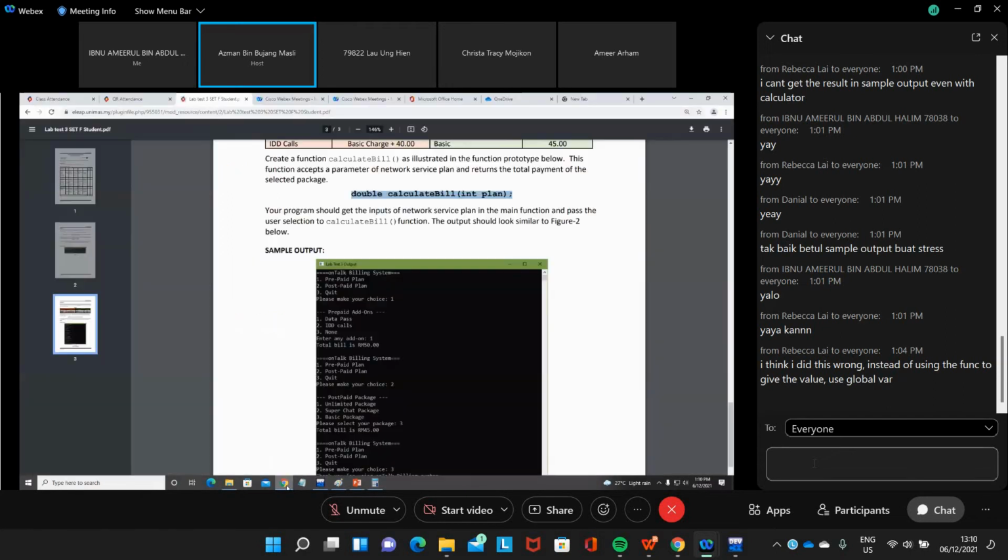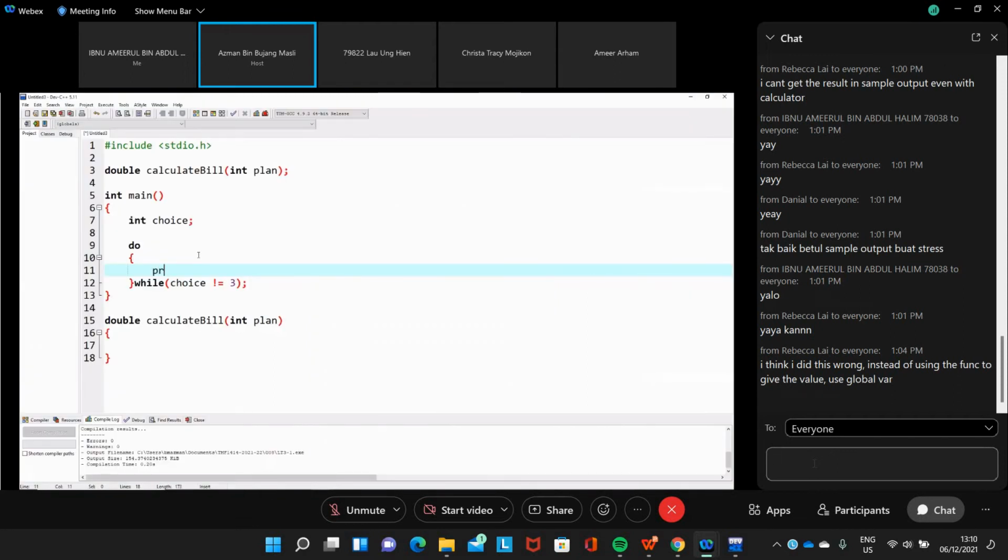And then the billing system. So we just printf this one, billing system. And then we have this new line.